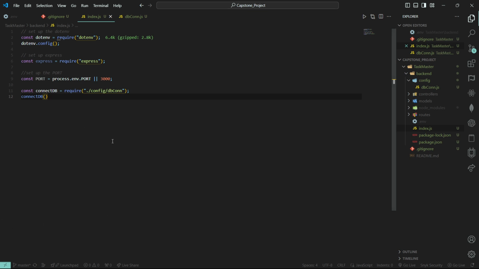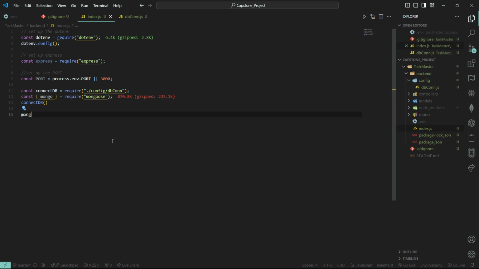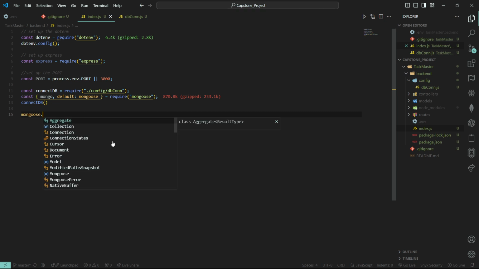All right, so next is Mongoose. Now I want to connect to the port. Yeah, I need to connect to the port. So Mongoose dot